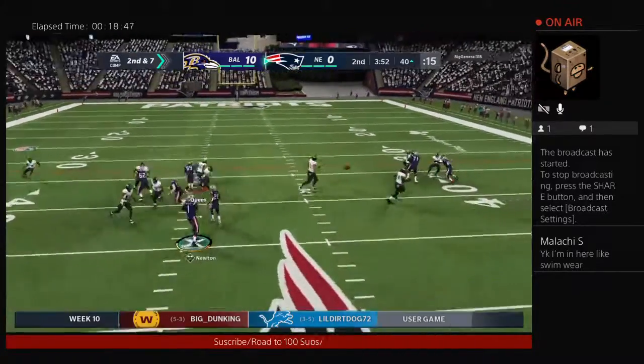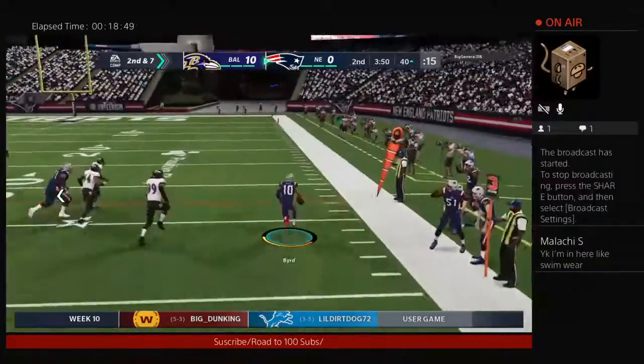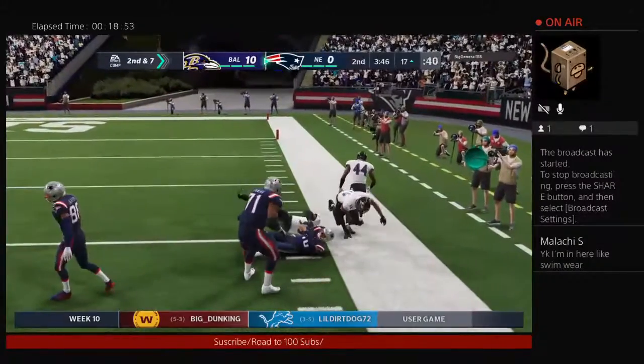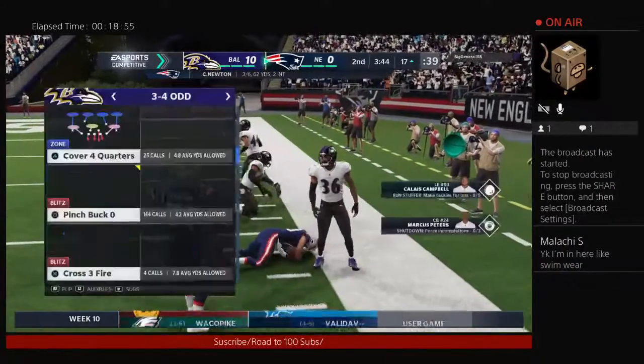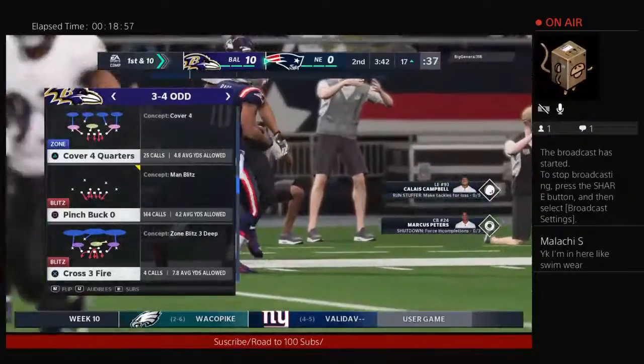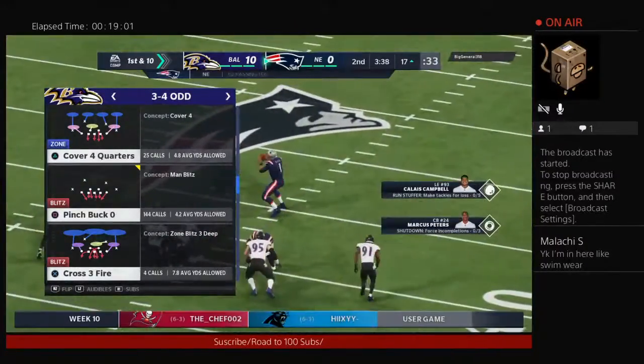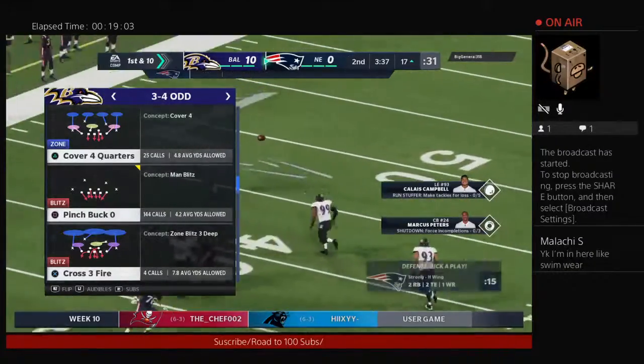Cam goes out wide quickly, and he's going to be taken down with the first down at the Ravens 17-yard line. Oh damn. That's how you drop the run pass option. Right there, you get a